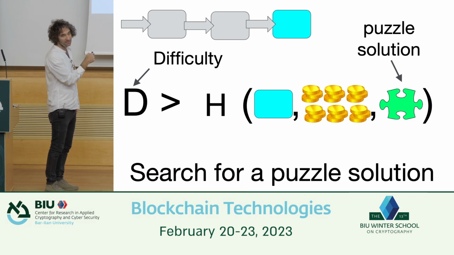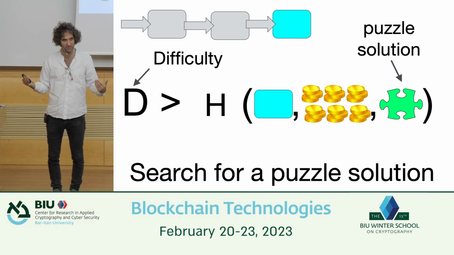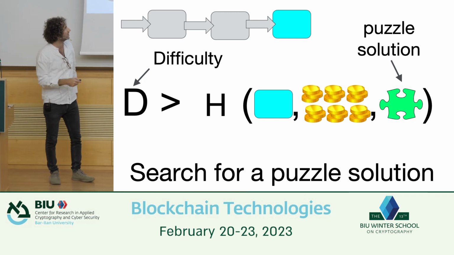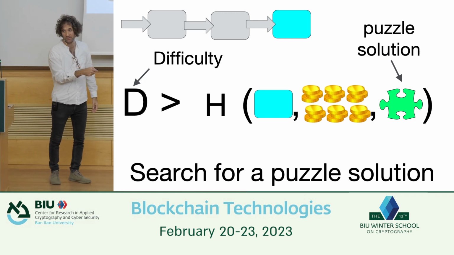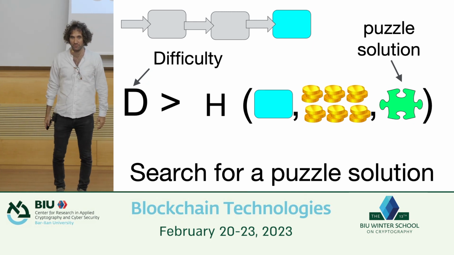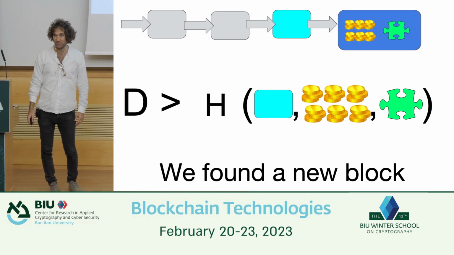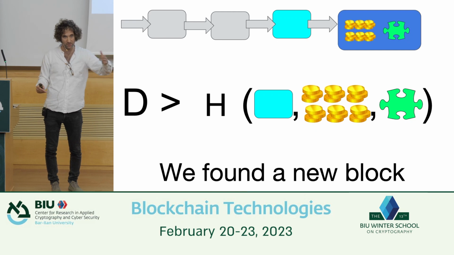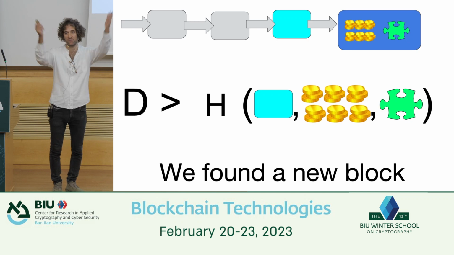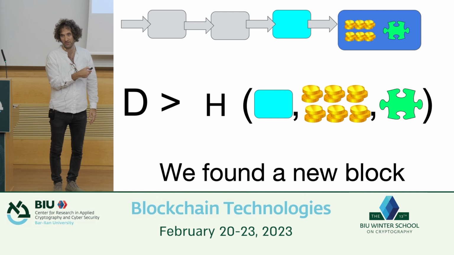And so this D here, this value of the hash being small, we're going to call it the difficulty of the puzzle. Okay, so the protocol is parameterized by the difficulty D. And we're going to call this random string the puzzle solution. So we continue running this until somebody finds a puzzle solution. And whenever somebody finds a puzzle solution, so something that hashes to something that starts with 20 zeros, let's say, we're going to broadcast it to everybody else, and that's a new block that we found. And that has now been added.